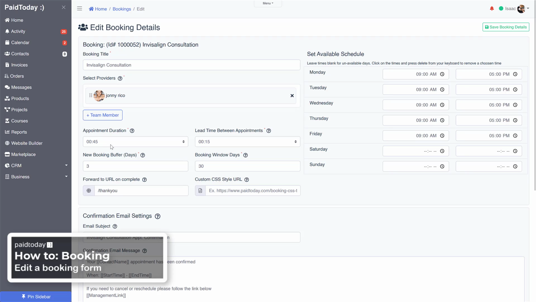And anything we need to change up on this will update across anywhere that we have implemented this form. So even if it's on multiple landing pages or across multiple sites or things like that, they will all update